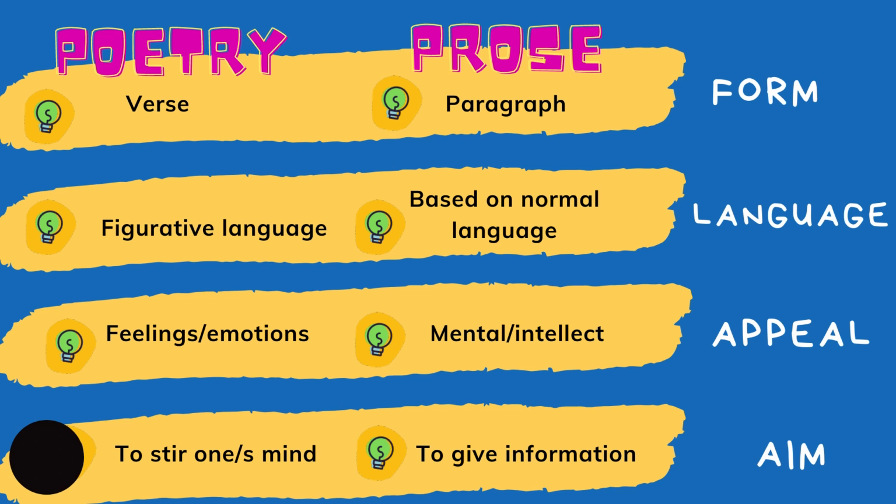Let's start with its form. So it says here in poetry, obviously, we are writing that through verse. In prose, we are writing that through paragraph. So this is the basic difference between the two. In poetry kasi, since it's a poem, it's written in verse form. May it be free or with meter. Okay, that's a form of poetry. While in prose, it's in paragraph form.